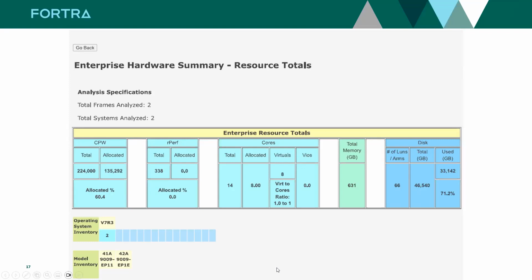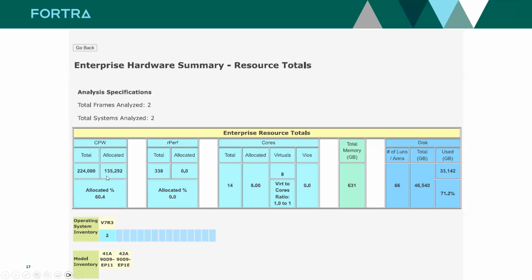So, looking for the executive summary. You can see at the top, there were 2 frames and there were 2 systems. So there was only 1 LPAR per system. A lot of times life gets more complicated because you have a lot more LPARs on a frame, but this is a simple case. Now this little summary page just totals up all the CPW and the RPerf and how